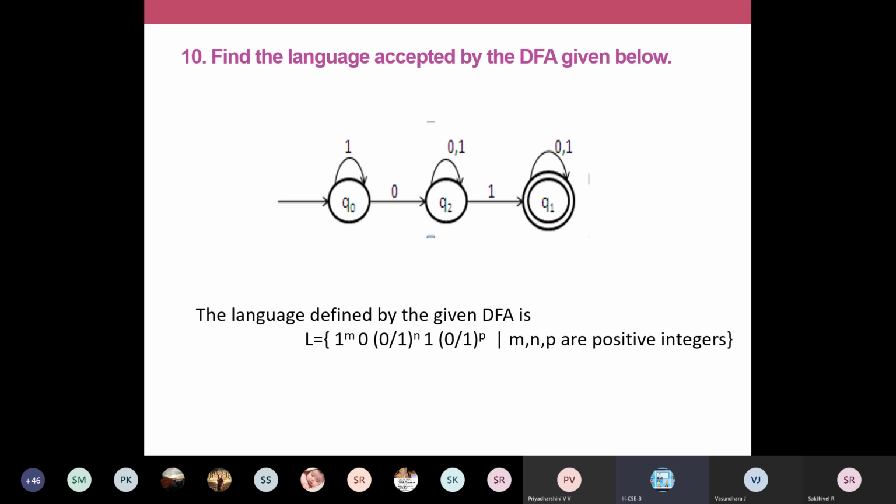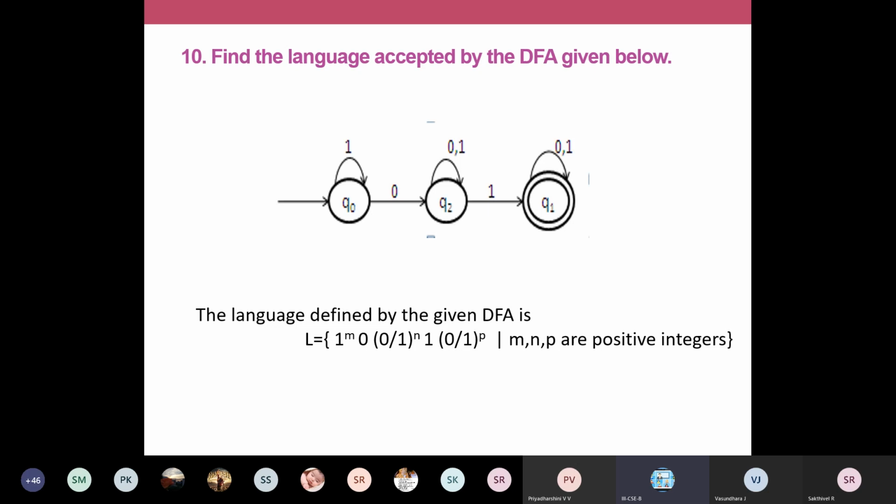This is one more notation where we cannot clearly say what the pattern is. I can say that this string accepts strings with at least one 0 and at least one 1, where the 0 comes before the 1. We can give a generic statement like that, but if you're giving a statement, it must be correct. I can write that it has at least one 0 and at least one 1, where 0 precedes 1. Or you can write a statement like this, where you define each and every transition. In the beginning I have 1 power m, some number of ones.